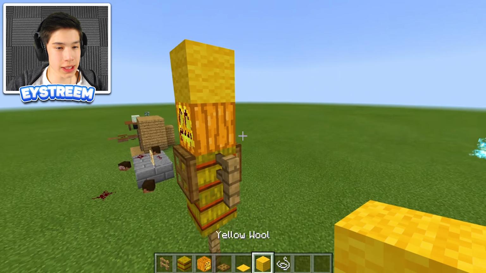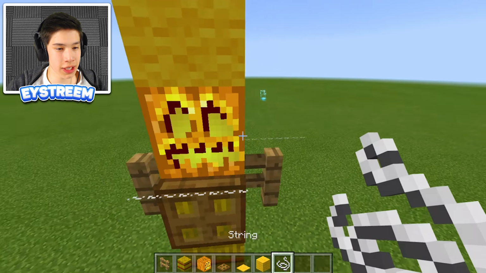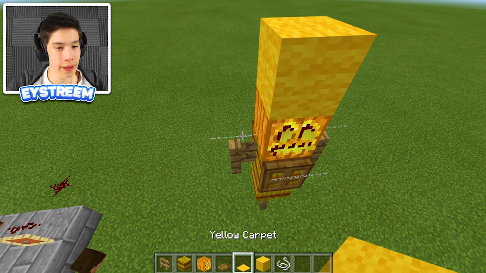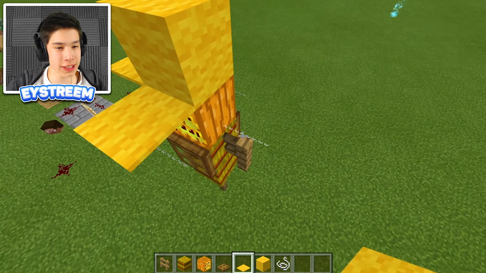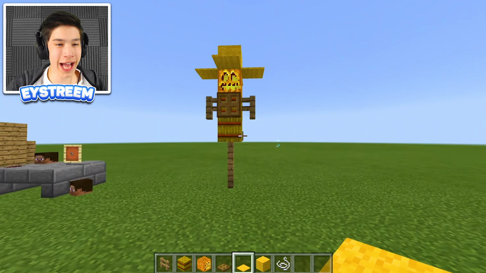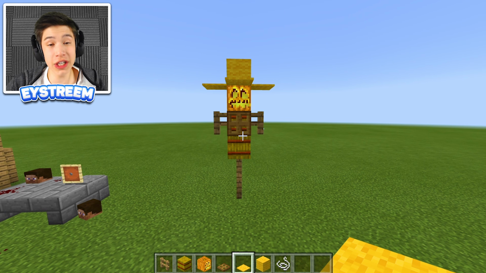And to do this, we're going to need to go ahead. We'll put a string there, string here, and string there. And then on top of that string, place yellow carpet, just like that. And have a look at that, guys. That will actually make our scarecrow. Now, you can finish it off just like that, but if you guys do have access to command blocks, you